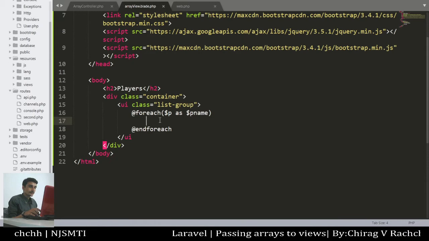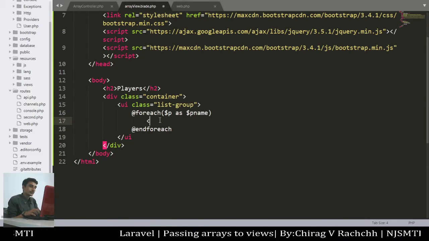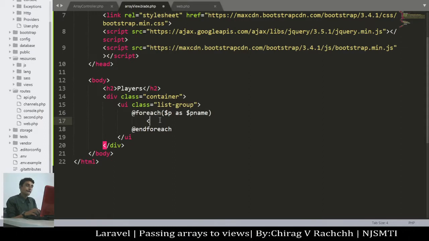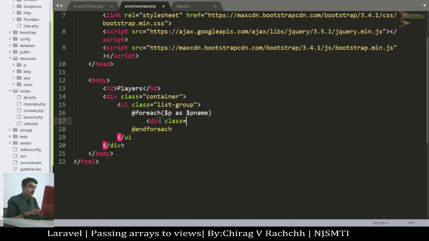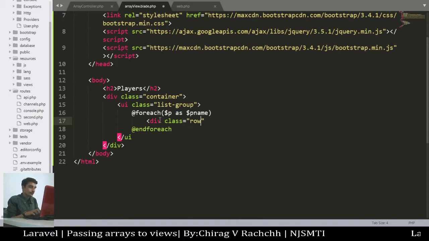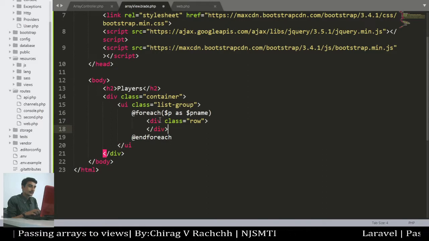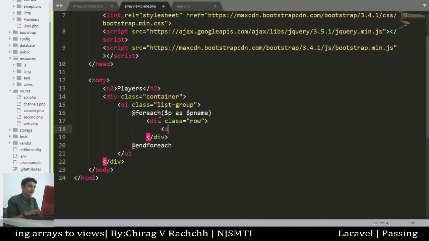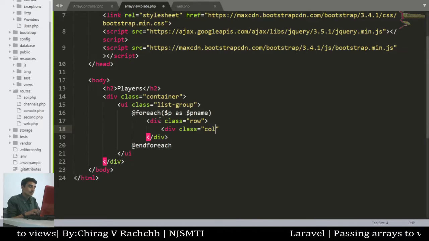So let's go back to the code editor. Here, for each element we will define a new row, that is div class equal to row. Now inside that element we will define a class for column.